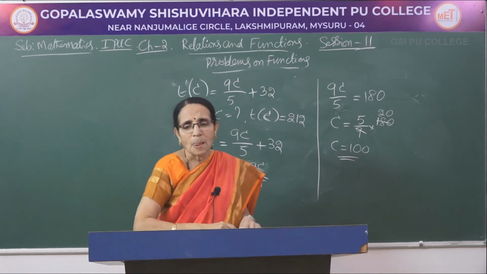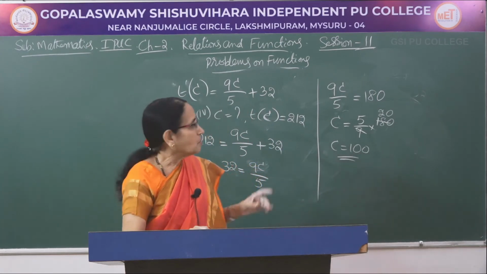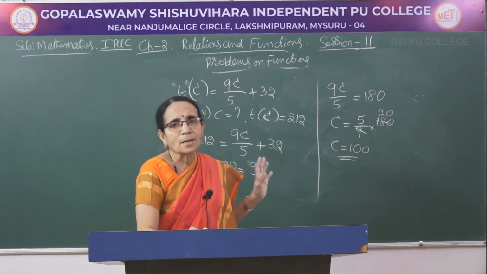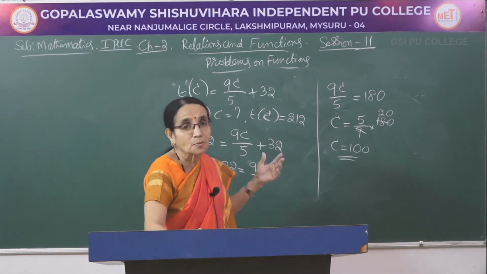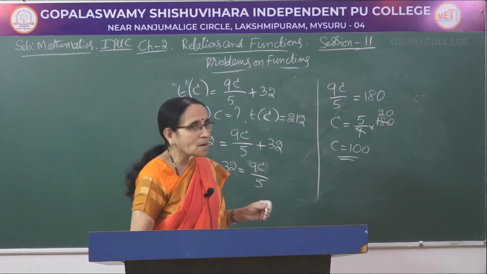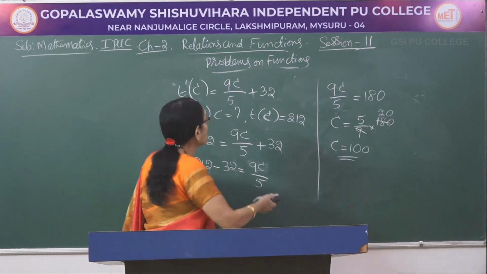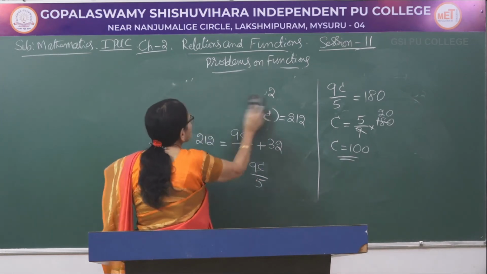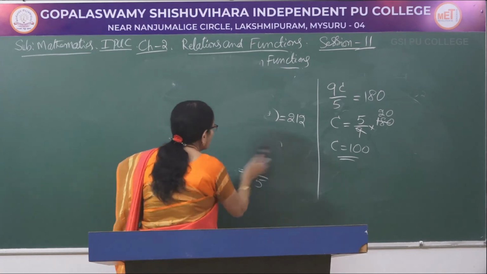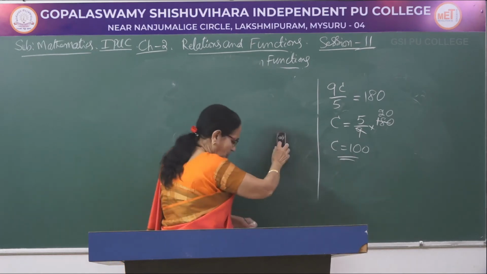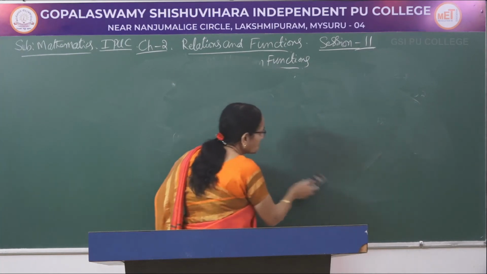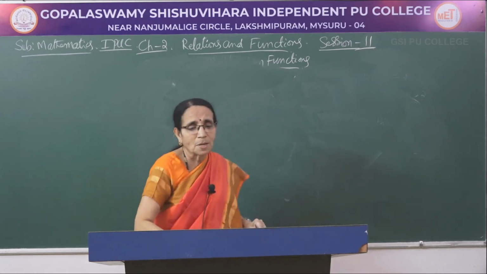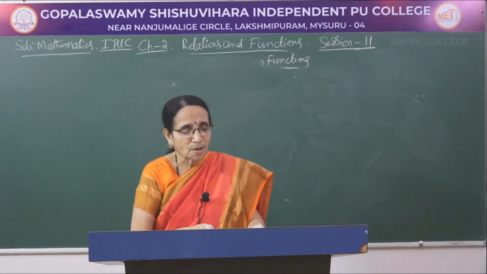So, it is the reverse way. In the first three parts, we were given the value of C, we calculated T of C. In the fourth part, when T of C was given, we calculated C. So, this is another type of problem. Each one is a little bit different, but you need not worry, we will be getting the answer. For some problems, a little bit of thinking would be necessary.